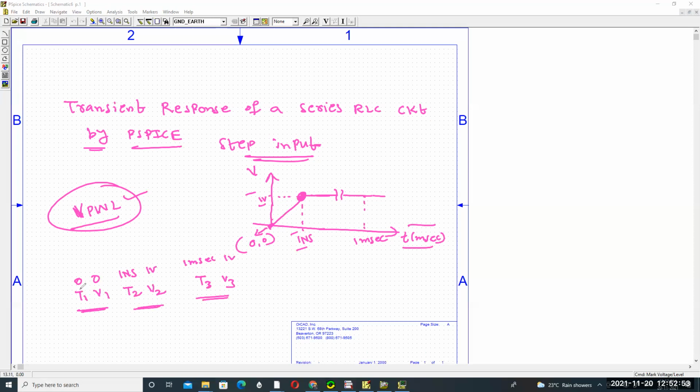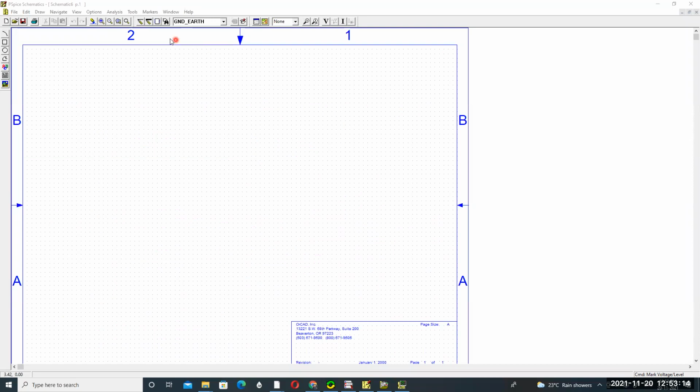For T1, what is the corresponding voltage with respect to time? For T1 here it is 0 0, then 1 nanosecond and 1 volt, then 1 millisecond and 1 volt. Like this, the step input is designed. Understood? And then by using PSpice we have to execute the step response of a series